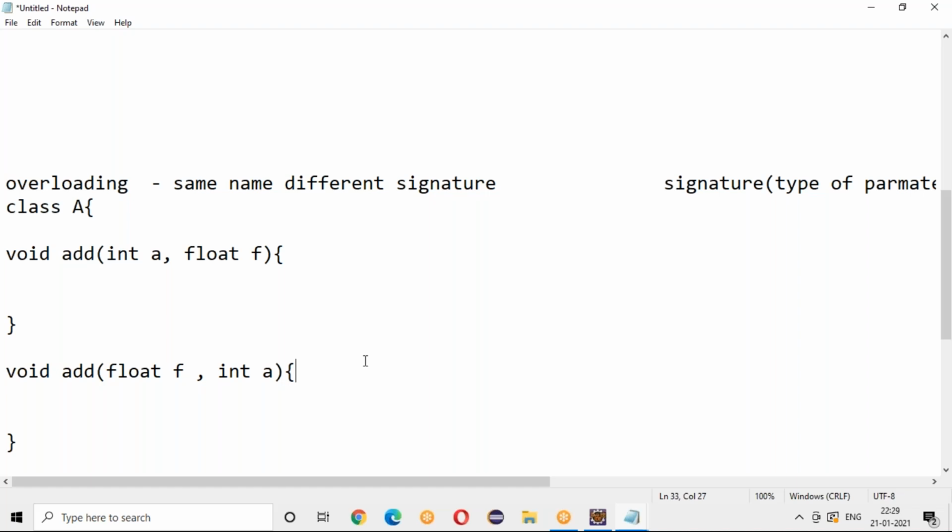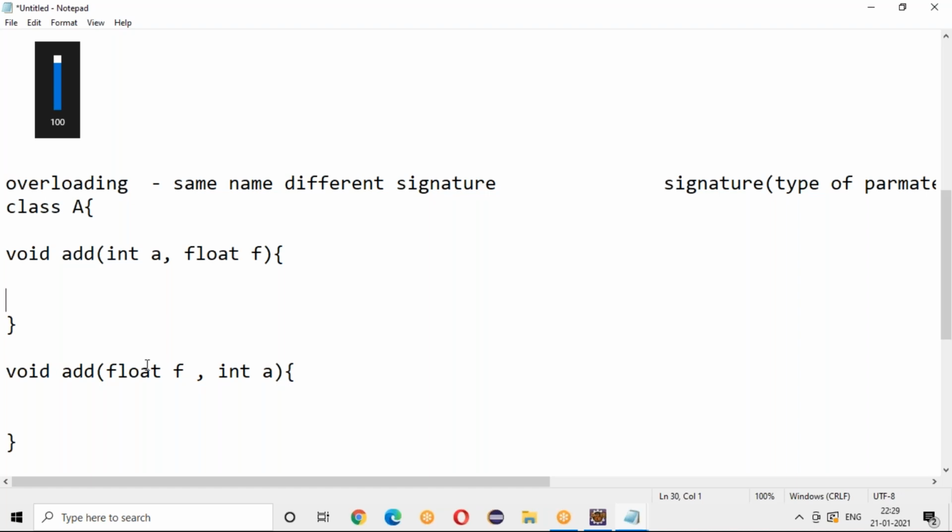Like yesterday you were talking about the constructor with one value, without a value, and two variables, right? You can take it like that also. The constructor name will be the same but with different parameters. The same thing here also. So here, what is the difference?